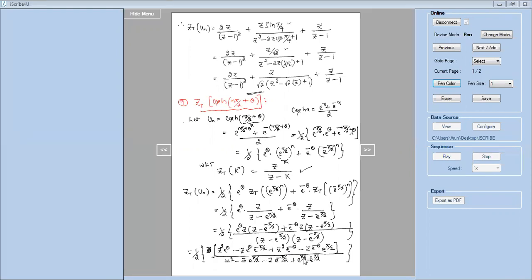Now in the last term, this plus pi by 2 and minus pi by 2 get cancelled. Bases are the same, add the powers, it is e power pi by 2 minus pi by 2. So the entire term becomes e power 0, which is nothing but 1. So this term is e power 0, which is equal to 1. Let us simplify this further.